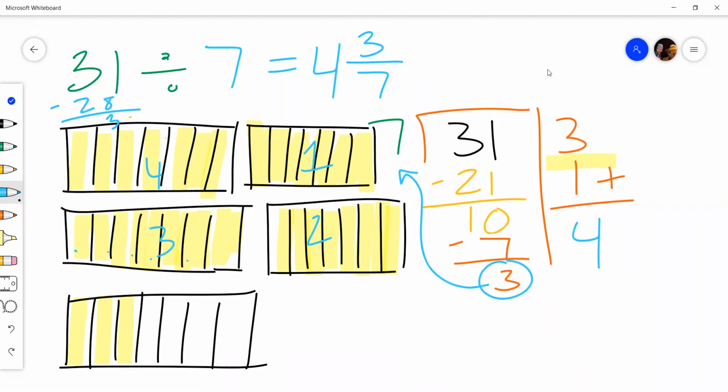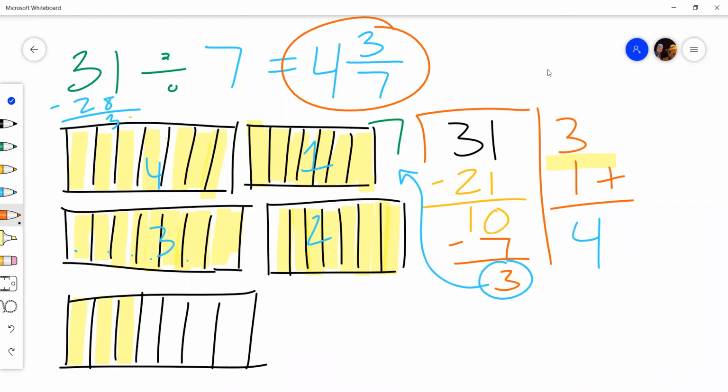So this is what we're doing here. This is that whole idea of how it is that we divide. This is how we get remainders. This is what a remainder really means. We can write them as fractions. What we're going to start exploring next-ish, in a couple of videos, is